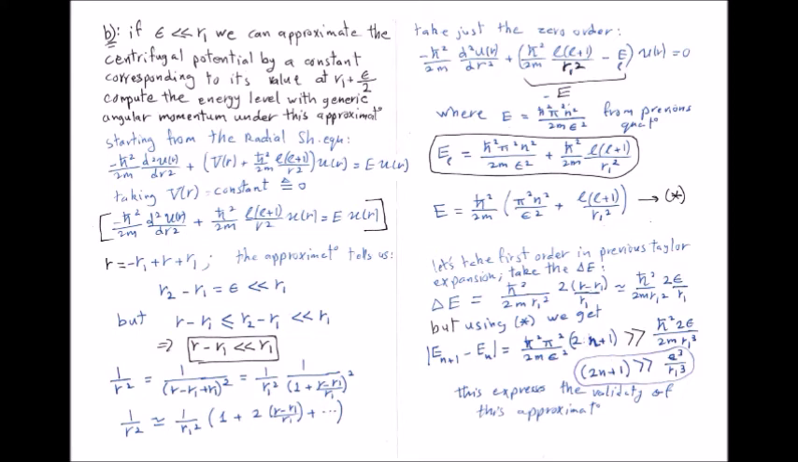Let's now check the validity of this approximation. To check the validity of the approximation, I need to find the error. The error resulted from the Taylor expansion. That means let's take the zero order and first order. What is the difference between the zero order and first order in the Taylor expansion? Delta E, by just calculation, can be found as something multiplied by 2(r minus r1) over r1, which is approximately equal to h bar squared over 2m r1 squared multiplied by 2c over r1. So I have this,